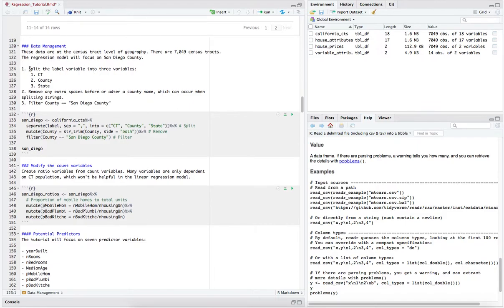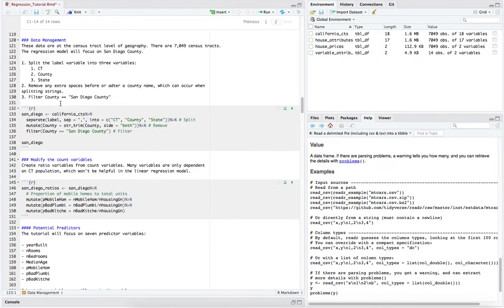Now, one way we can do this is by splitting up our label variable into 3 new variables. We will term those CT, which is the census tract name and number, the county, where we're going to be looking for ones that are San Diego, and then the state. We will then also remove any extra spaces before or after a county name, which can occur when we're